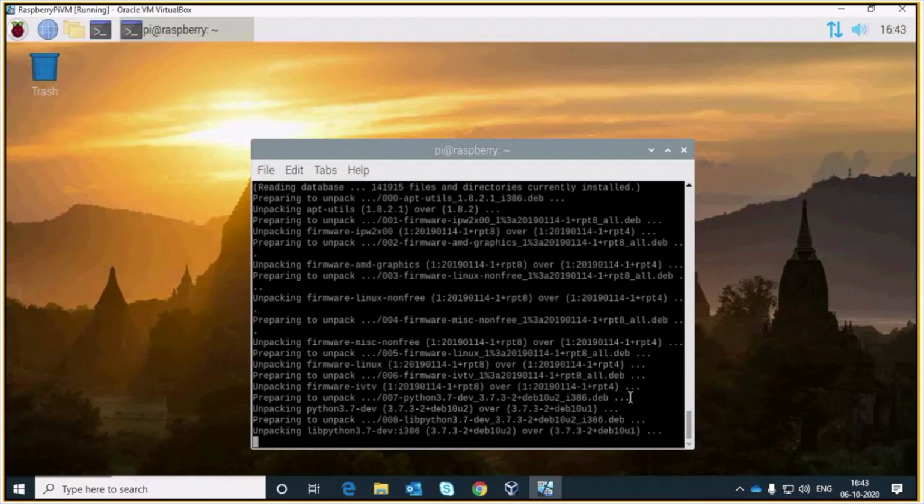Unpacking and preparing the packages. You can see Python packages also there.